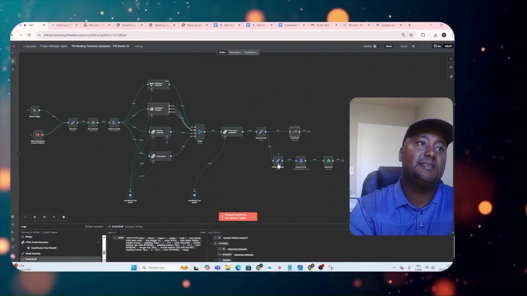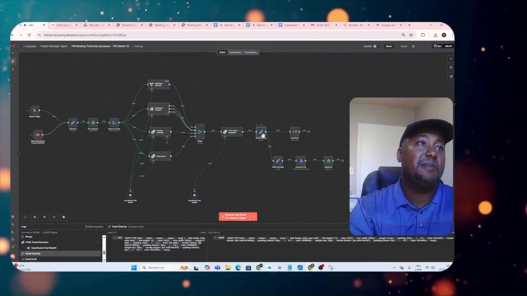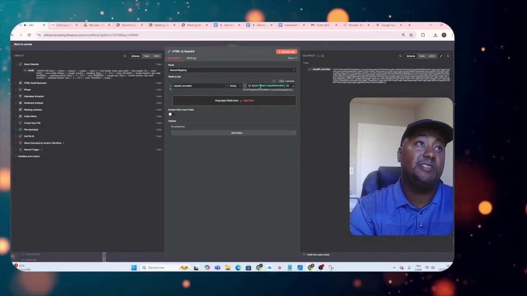that will be sent to the attendees. And then on the other end, from the cleaned up email that I have here, I just encode it using a JavaScript function. So I create a variable here named base64_encoded, and I use that email that I received here and apply the base64 encode function. And then it provides me an encoded version of that content